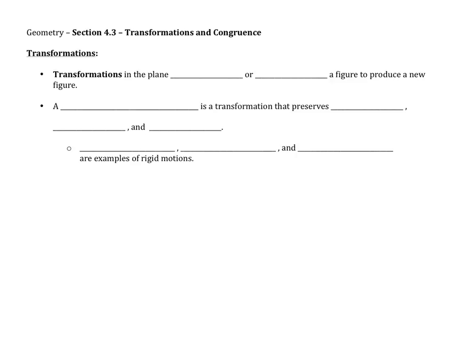Transformations in the plane. So remember, a plane is just a flat surface. So again, transformations in the plane move or change a figure to produce a new figure. So this would be like taking a triangle and reflecting it over some line to get a new mirrored image